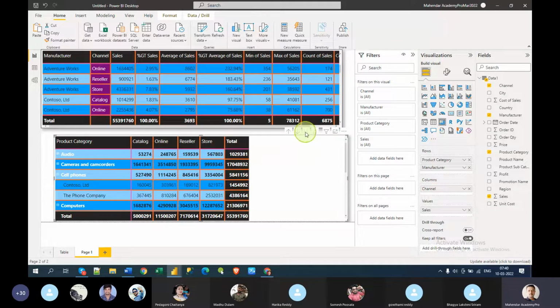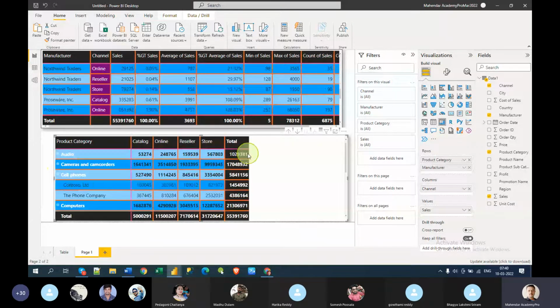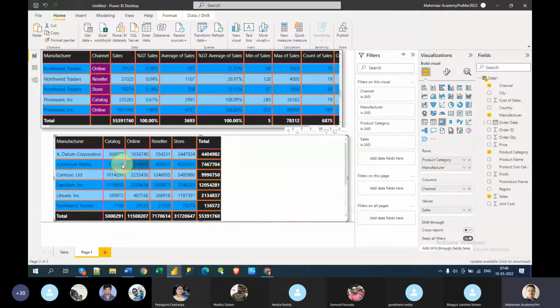Come on, why is it not going to the next level? Which one did I select? Lowest level. Okay, I think, okay, yeah. Now if I click this, it will expand.